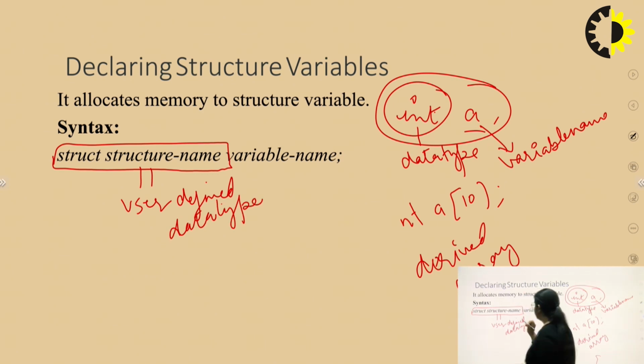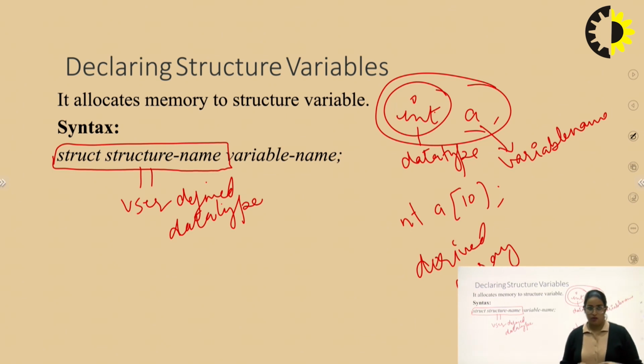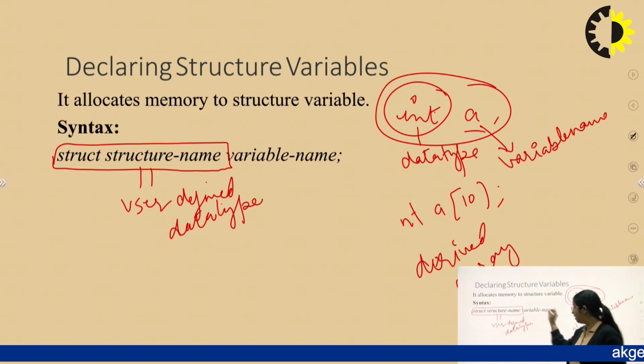I hope everybody knows about the data type. What is the role of data type? What is the use of data type? Why are we using the data type? Basically, a data type tells you which type of data you are going to store in the particular variable in your location. Okay. Then we have the variable name.